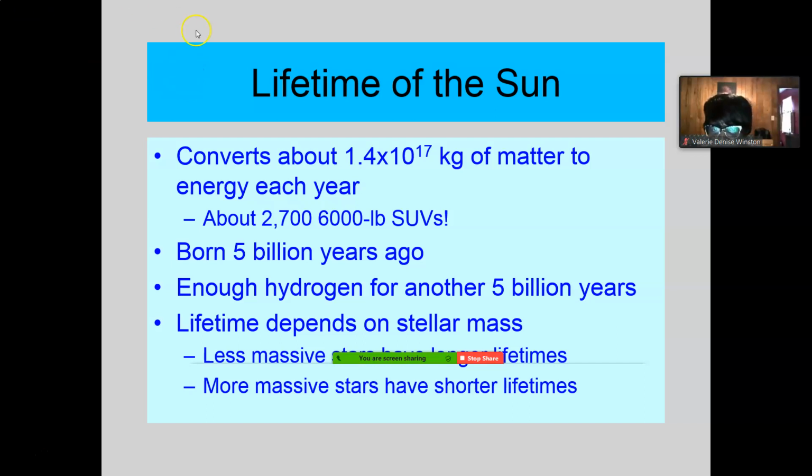Okay, so here's the lifetime of the sun. It converts about 1.4 times 10 to the 17 kilograms of matter. Now this big old book that I have here is about, I'm guessing, maybe 2 kilograms, maybe less, maybe 1 kilogram.